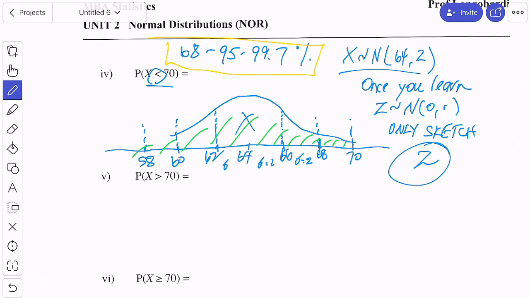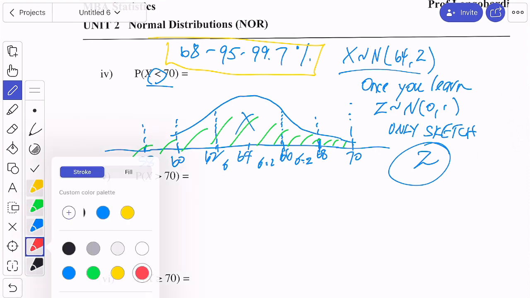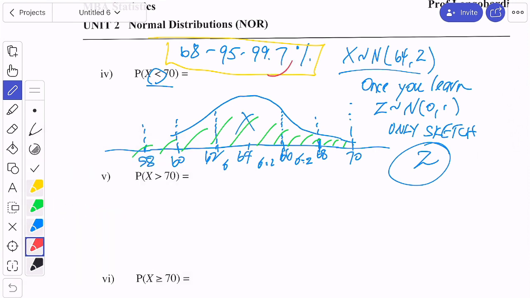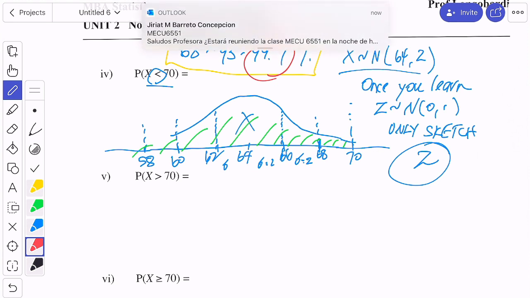So I know that that's 3 standard deviations. And 3 standard deviations from the mean on both sides is 99.7%. In between,